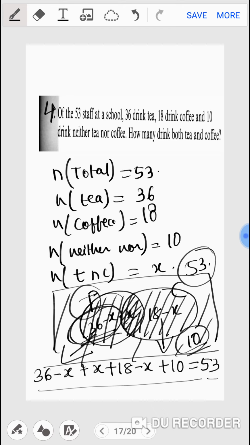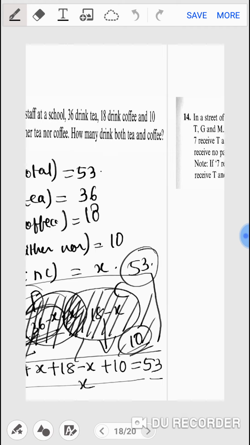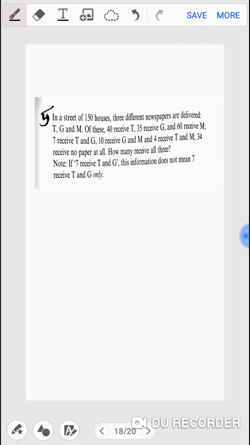So total will become 53 and that will be your equation. From there you have to find the value of x. Clear? I'll jump on to problem number 5 and it says,